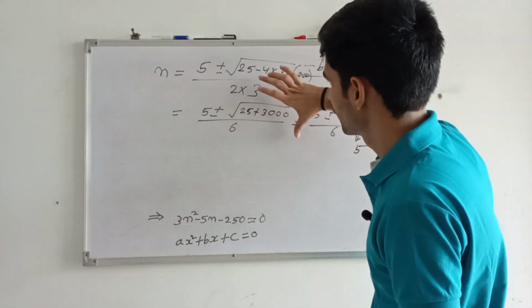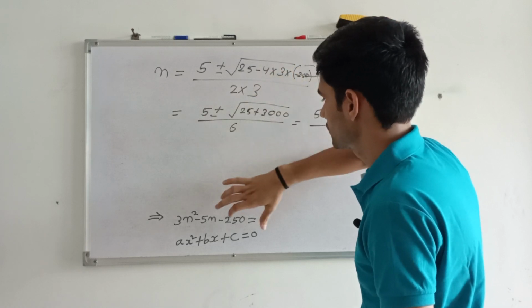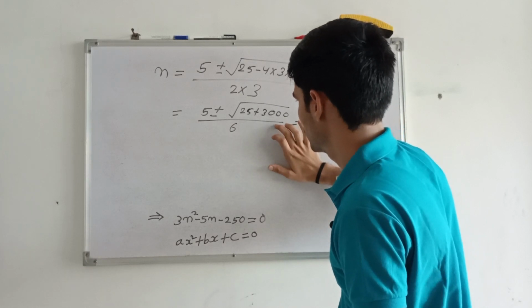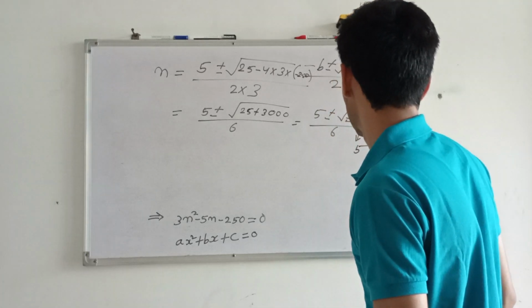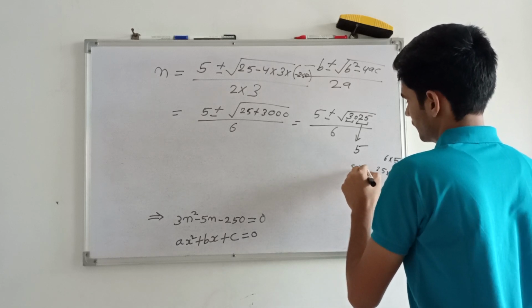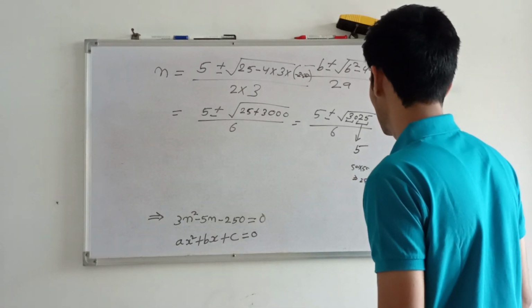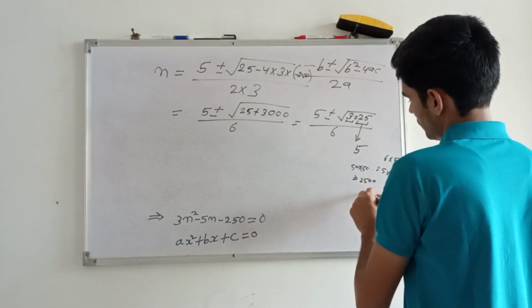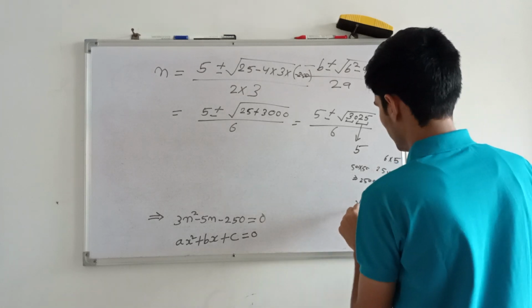Have you done it correctly? Minus b plus minus square root of b square minus 4ac. 3025. What is 50 into 50? 2500. Then what is 55? 55 into 55 is,